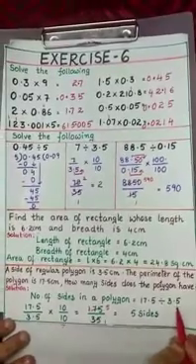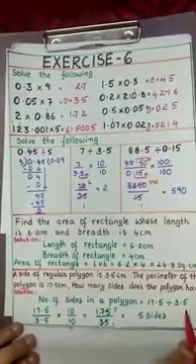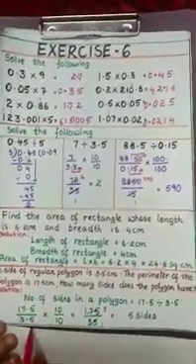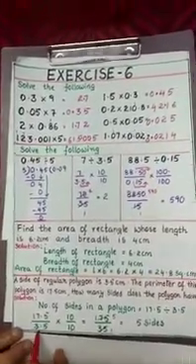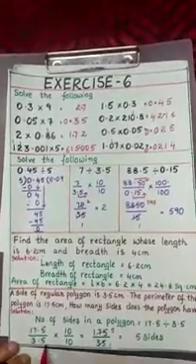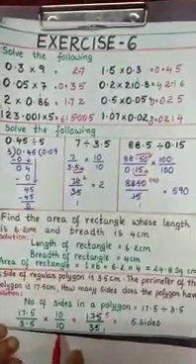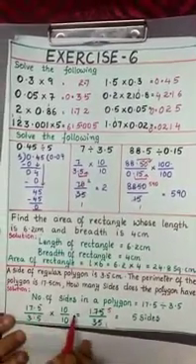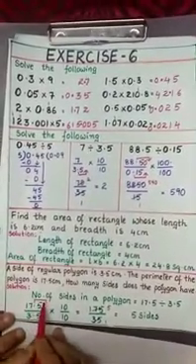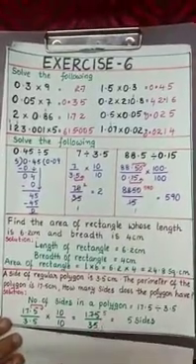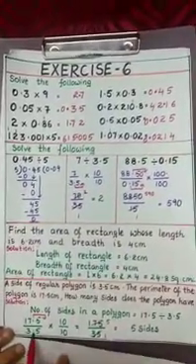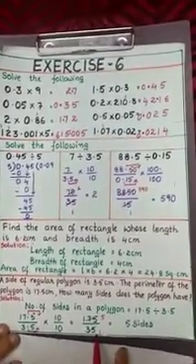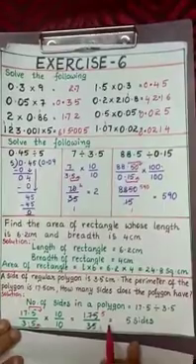As the divisor is a decimal number here, we have to eliminate the decimal first. So 17.5 by 3.5. Now in the divisor, after the decimal we have one place. So you multiply by 10. With the same 10 you multiply the numerator. Now 17.5 into 10 means we shift the decimal after one place, which is 175. 3.5 into 10 means we shift the decimal after one place. So we get 35. 35 ones are 35, 35 fives are 175.